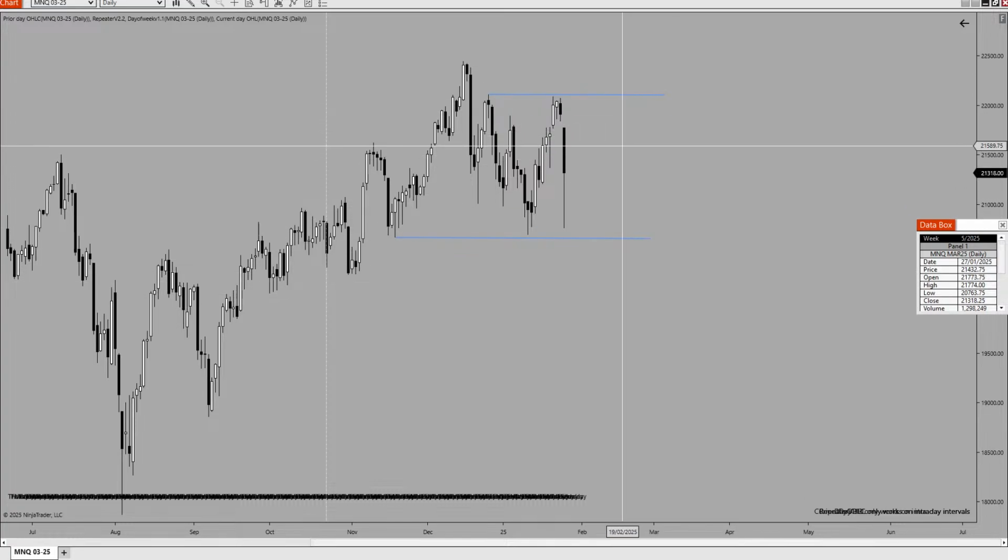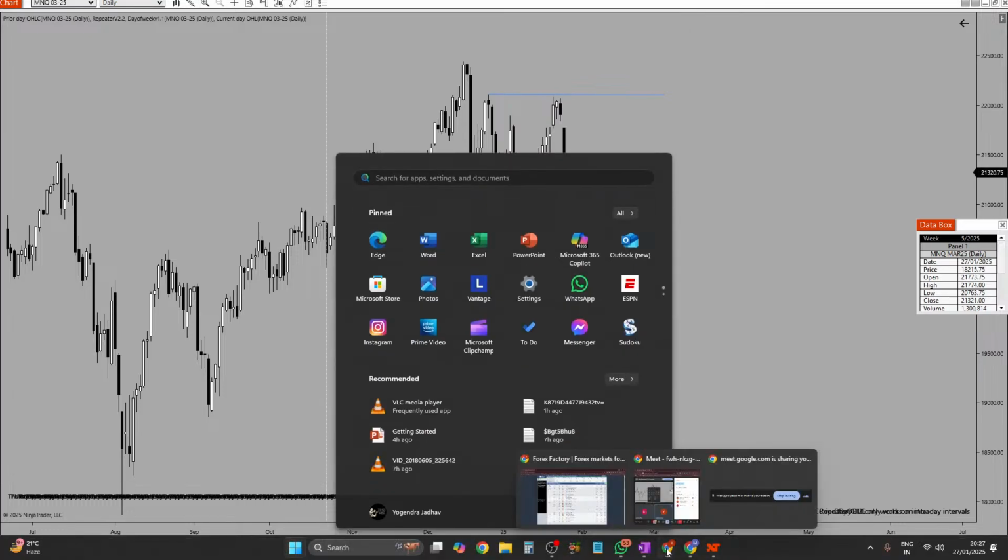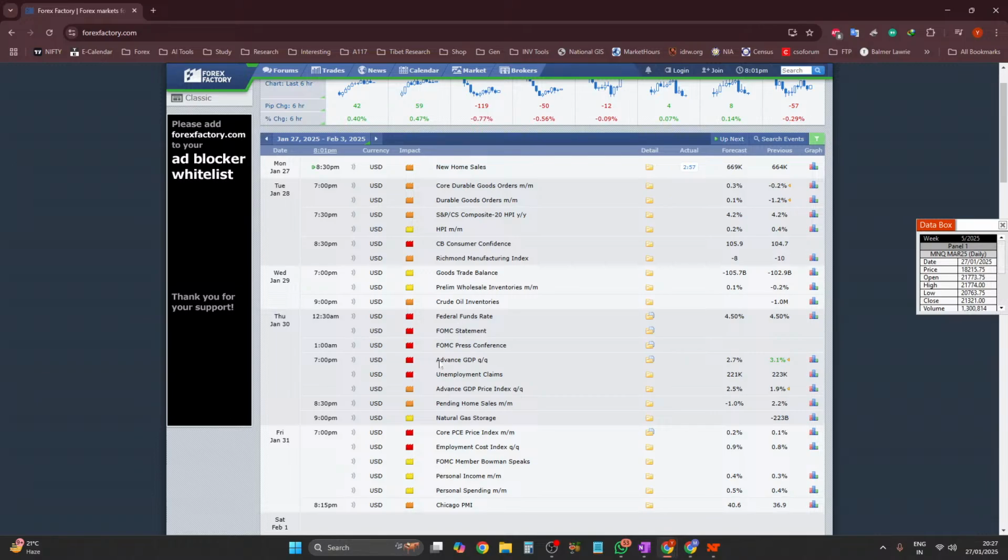So price, if it has to go higher, it will come down, take out this sell side liquidity, and then immediately start running faster towards this side. Or if it is to go lower, it will just go upwards, disturb this buy side liquidity, and then start going lower towards this. So this is a typical characteristic of price on such weeks when there is a high impact news due out later in the week.